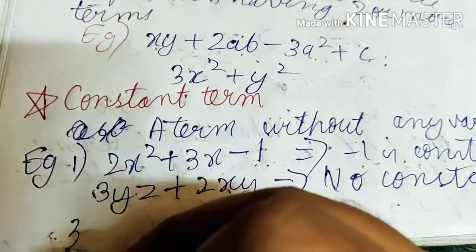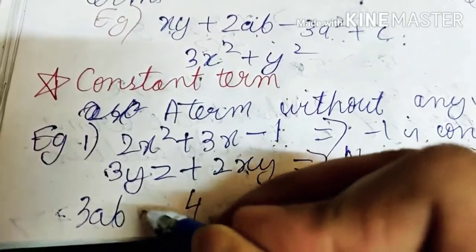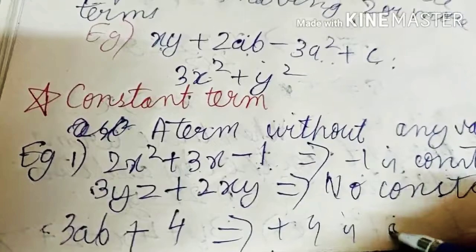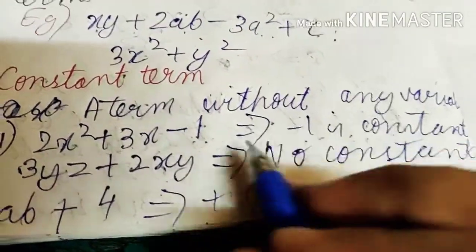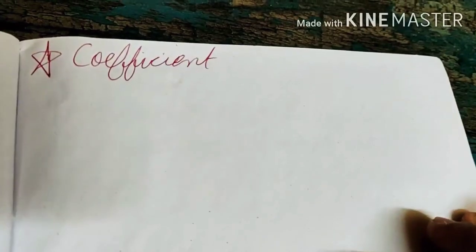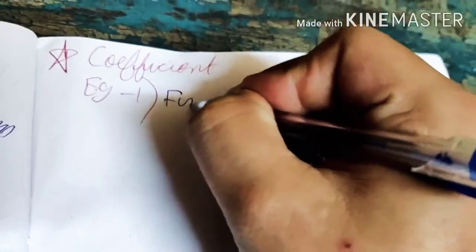Or if we say 3ab plus 4, here plus 4 is a constant. Okay, a constant means a term that does not have any variable in it. Next thing here is coefficient. What does coefficient mean? Taking an example of it, our first example here is that we have to find